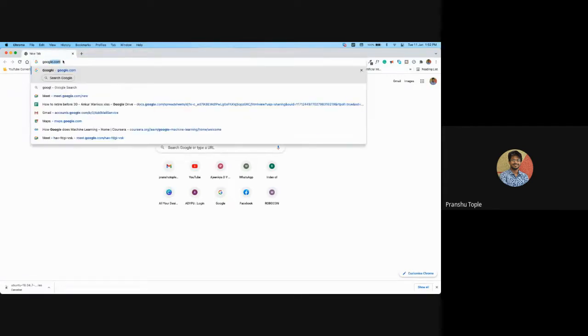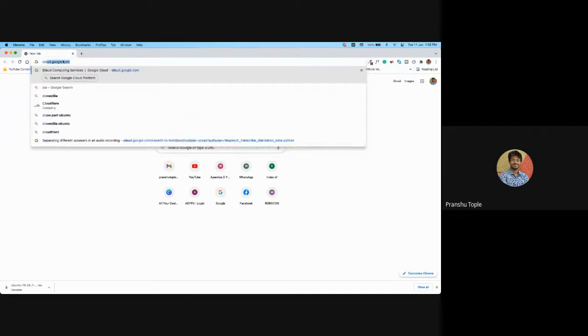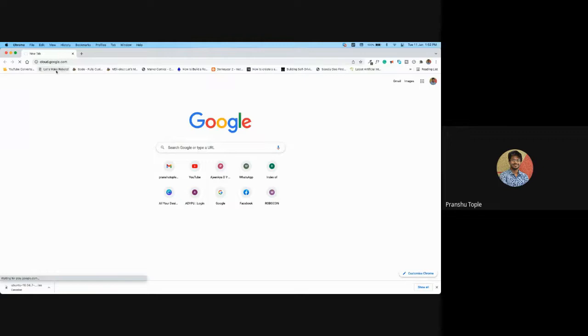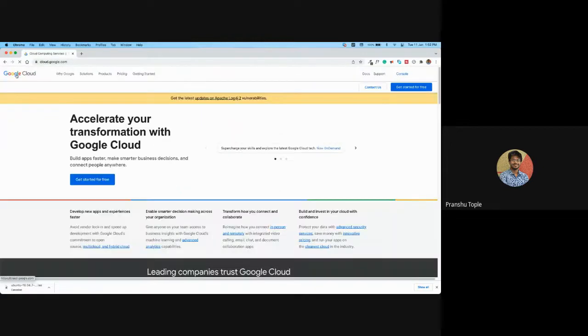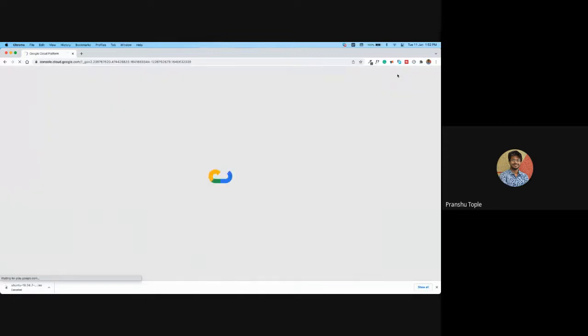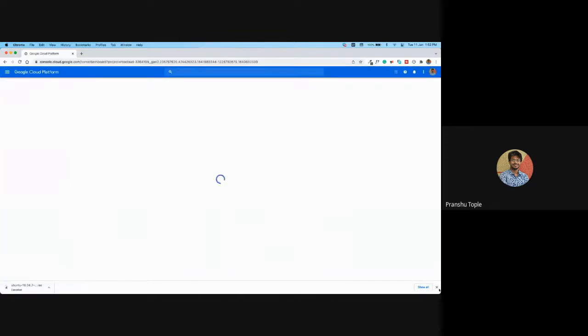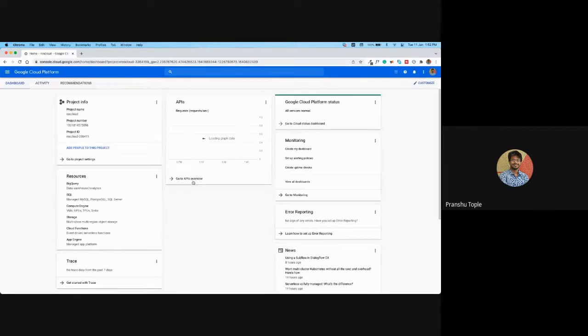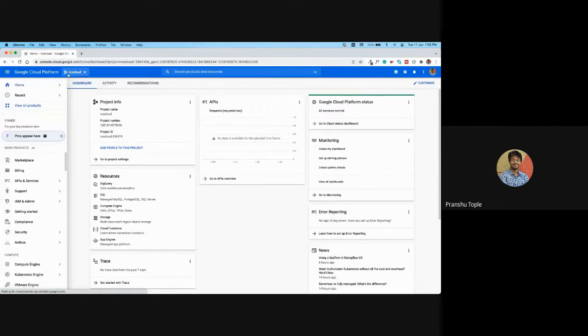Google Cloud is one of the service providers. If I go to cloud.google.com, you need to create a Google Cloud account here. I am already logged in, so I can directly go to the console. This console is like a dashboard for all my projects. Here I have created a separate project for ROS Cloud.